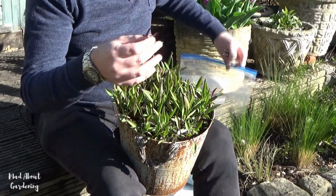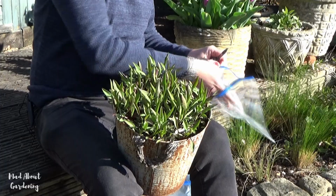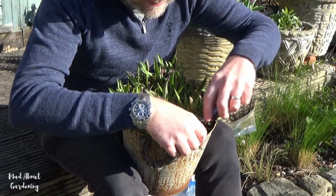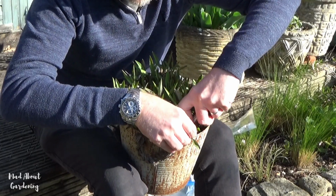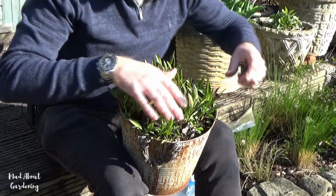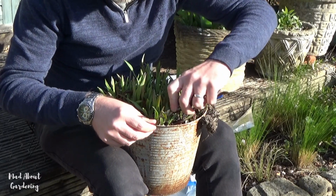Once you've got that, you place it straight away in a bag. That's just so I can collect all of these and they don't end up drying out in between. Again, right down, I'm taking that crown, and then you've got your cutting there. I'm just going to take maybe 4 or 5 of these, so you can go around the edges. You can choose whichever shoots you decide to take. Might take a few there